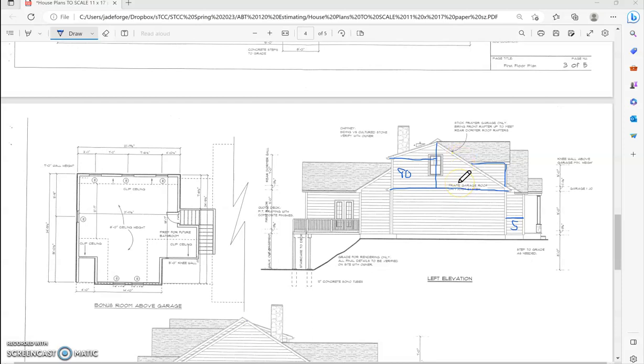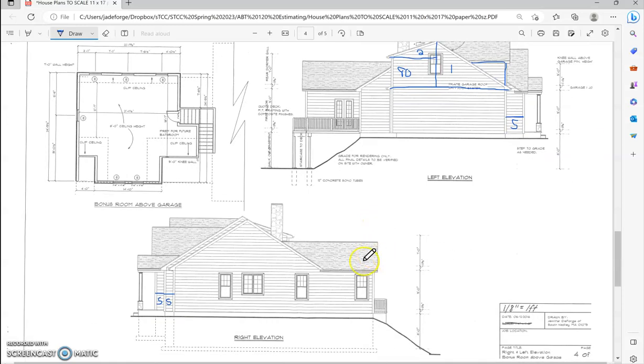So, never mind. I'm going to address that at another time. This one's only going to have 1 side. This one's going to have 2 sides. I can address that